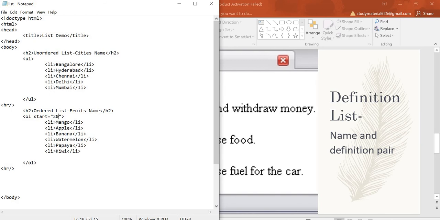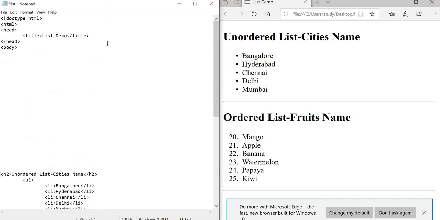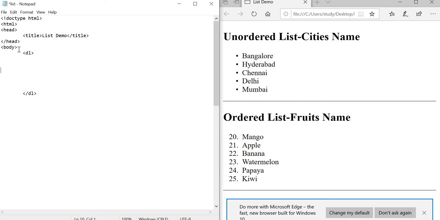So this one, unordered list, ordered list done. Now I want the definition list here. Now it's time for the definition list, opening tag, definition list closing tag. Inside a definition list there are two types of tags. The first tag is definition term and definition description. In this definition term I'm going to give the name as bank,